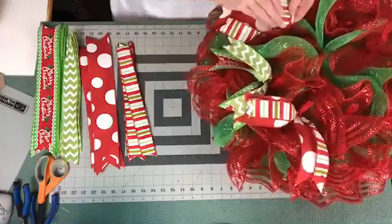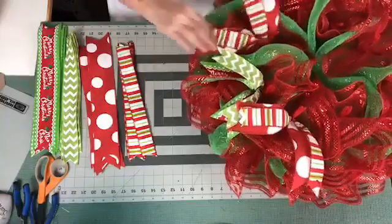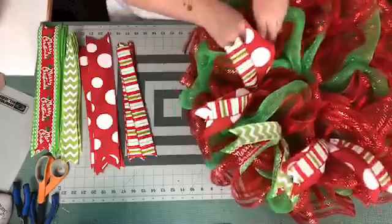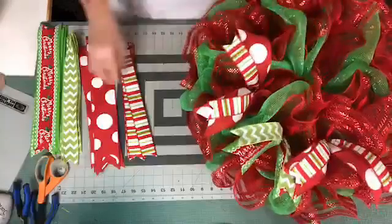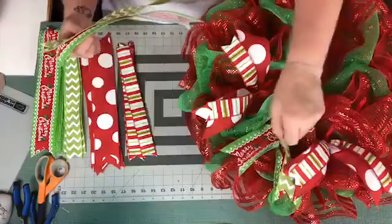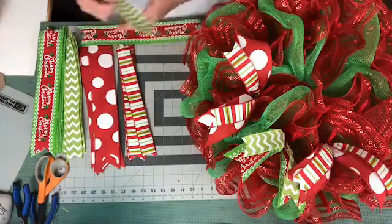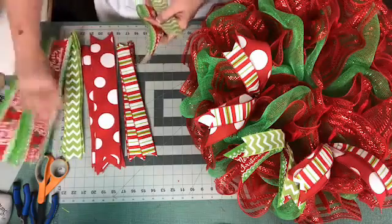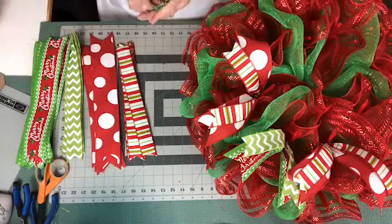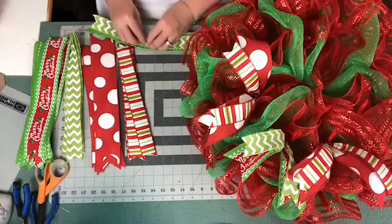Yeah, I'll have to look. I'll look at it tonight when I get done and see. I thought for sure it was painted, but I could be wrong. I used red pipe cleaners, so now I can't see them in the red mesh. I have to make sure my words are going the right direction. I need to turn them around is what I need to do there. Maybe that'll help. Yeah, I'll check. I could swear it was, but